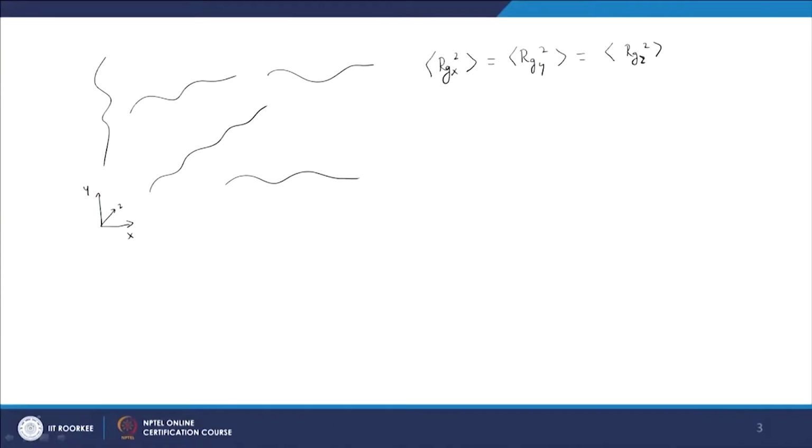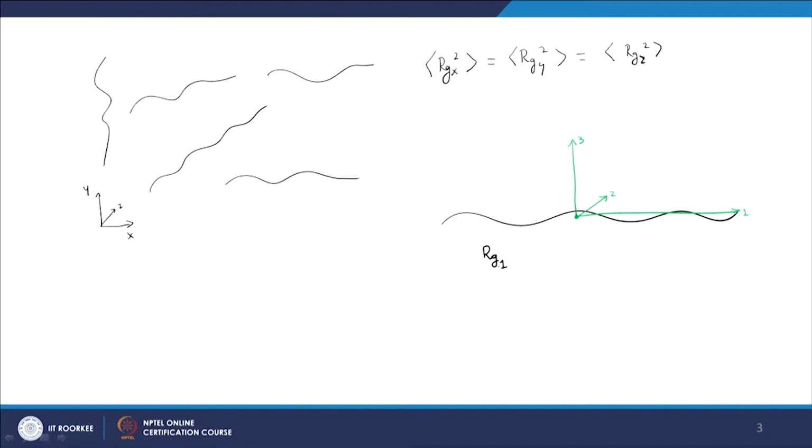That is to say, let us say this is my polymer chain. I will fix my reference frame. Let us say I can set the center of mass as my origin, and then I can set my frame along the chain axis. Let us call these 1, 2 and 3, and what I also do is to ensure that my Rg along